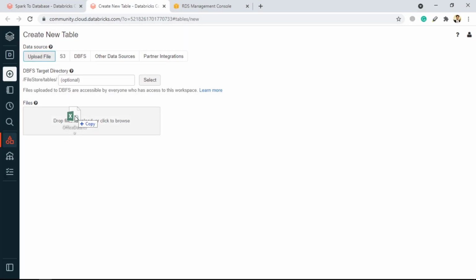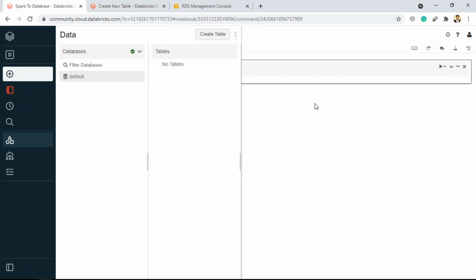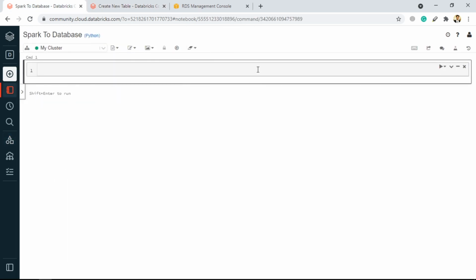So this is the database, just drag and drop it, and from here we have to simply create the Spark session and then read the data from the file. So it will go like from pyspark.sql import SparkSession,